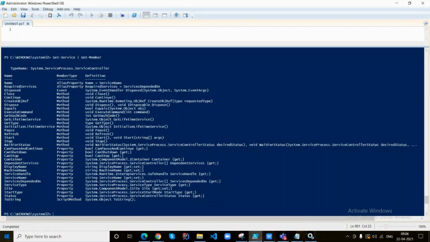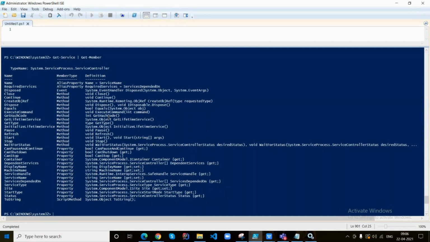By executing this, you will get these different functions' information. You will be able to get the name of the service, the required services, disposed, and different methods based on start, stop, and refresh. All this information you can get, and you can get the dependent services information.